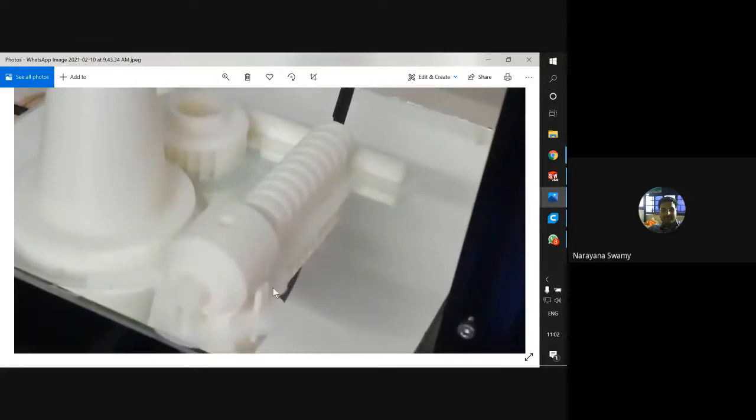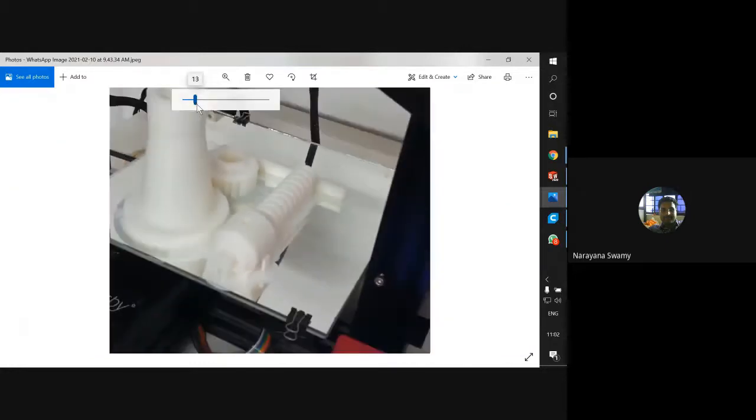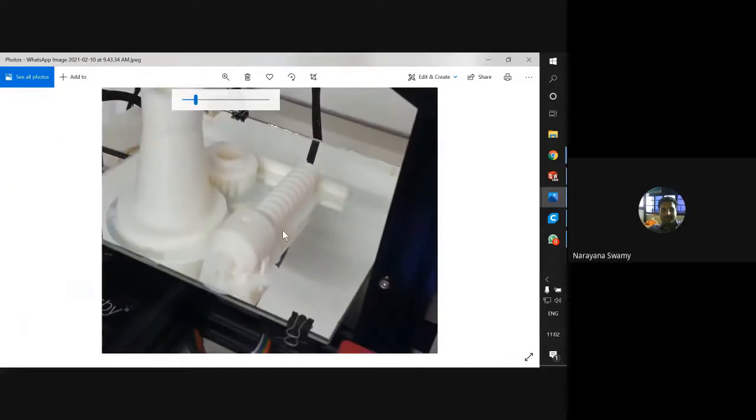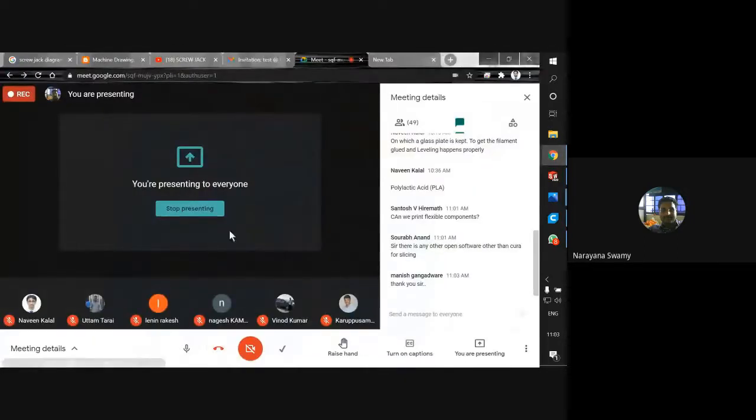We were talking about this: if we take the same material as a vertical one, the supporting required may be less. But when we take it to the horizontal position, the supporting needs more, and the wastage of material will be a little higher. So we can think of recycling this material and producing filament in order to produce the model again. And when we have these supporting materials, it takes more time. Instead of completing in 1 or 2 hours, it takes more time. Thank you. If you have any doubts or queries, you can ask us.